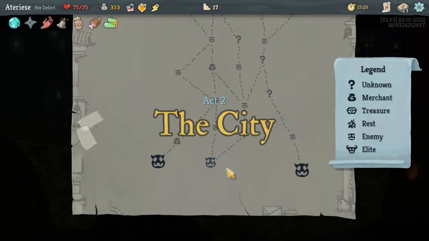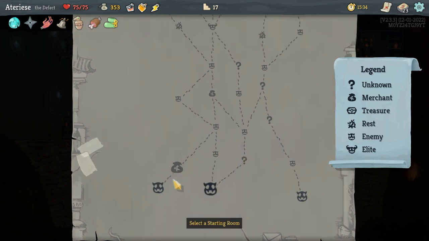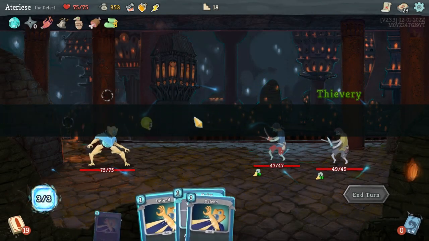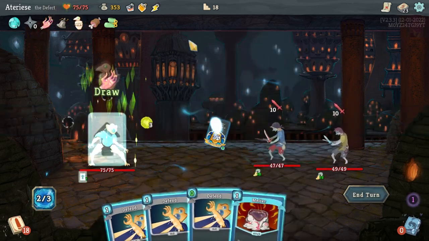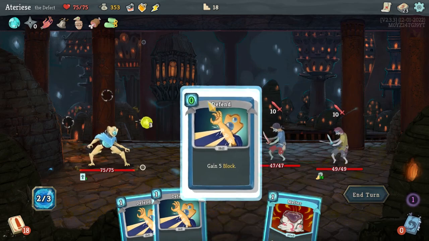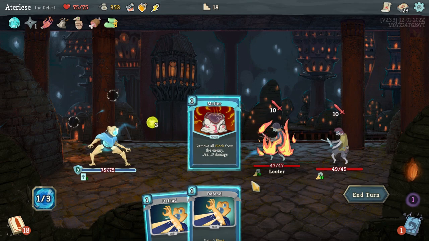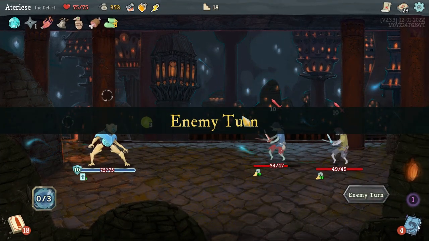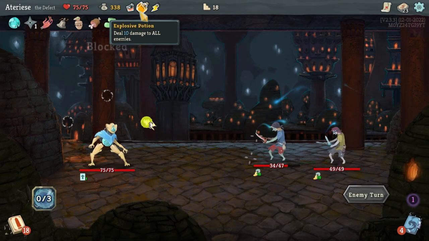I forget who that is. So we got a shop right here we can use to get rid of doubt. I think that's what we need to do. Oh, the thieves. Okay. Machine learning. Now, mind you, we do have the explosive potion, so...